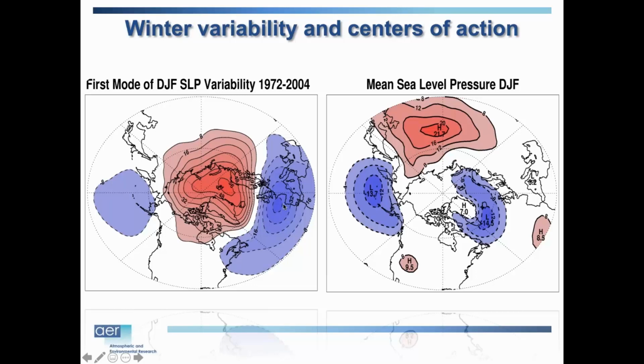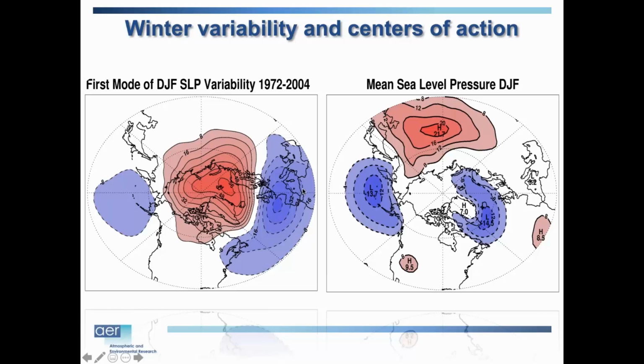So you'd have a high pressure anomaly in the North Atlantic and the North Pacific, but definitely stronger. The variability is stronger here in the North Atlantic, and that does also resemble the North Atlantic Oscillation, with pressure anomalies near Iceland and Greenland, and the opposite pressure anomaly near the Azores or Portugal.